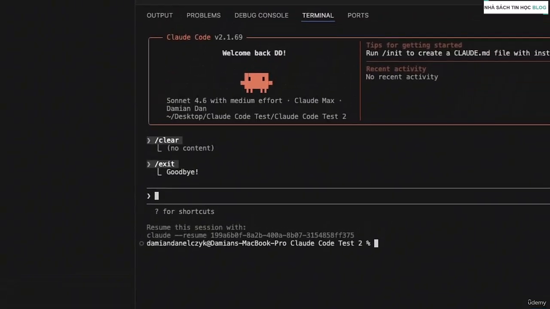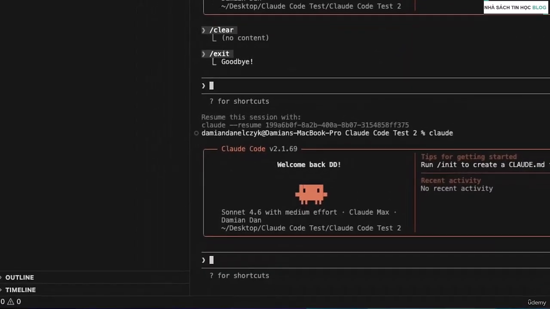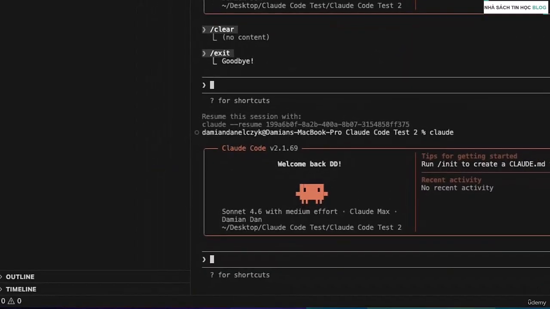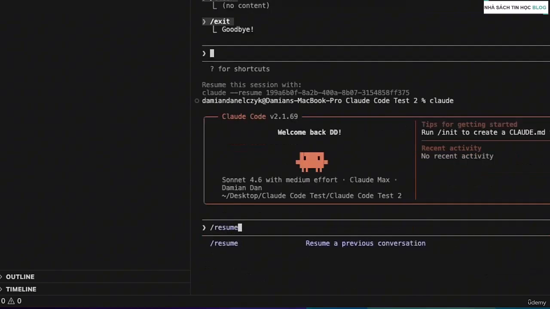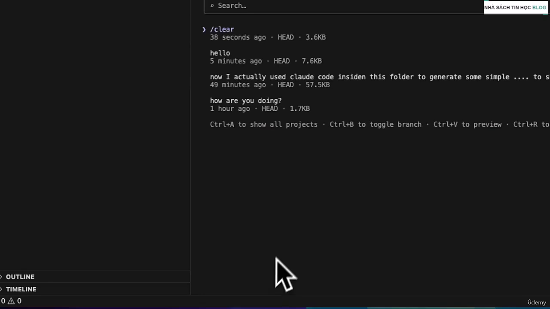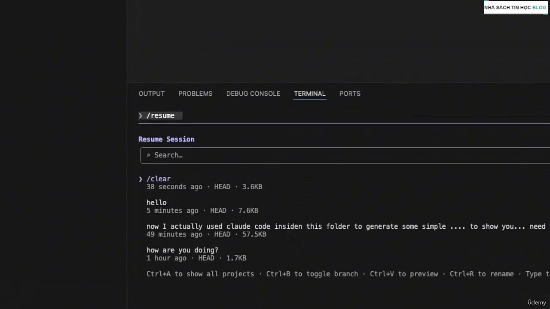Now, if you ever want to get back into Claude Code after closing it, just type claude again, and then you can run the /resume command. And this will show you all your previous conversations, and you can pick up right where you left off.